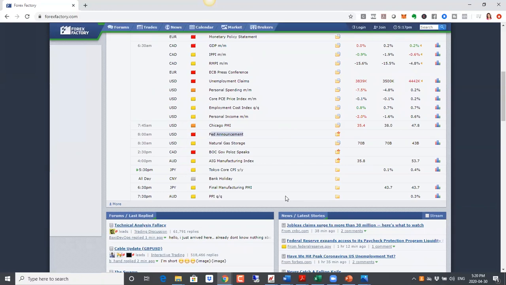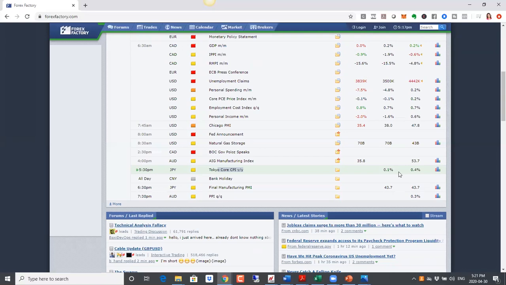And coming up here today, we have CPI numbers for Japan. And at this point, the numbers are supposed to be worse than expected, but similar to what we saw here, if the numbers are worse here than what the expected numbers are, we could see yen drop. Now we saw quite an interesting play in the yen crosses. Japanese yen moved in the opposite direction. So we'll talk about that when we get to our charts here.